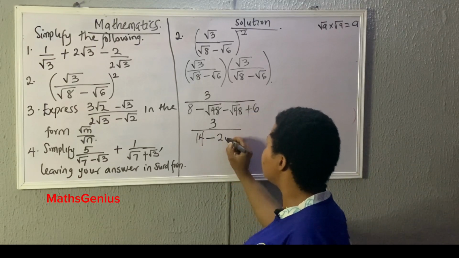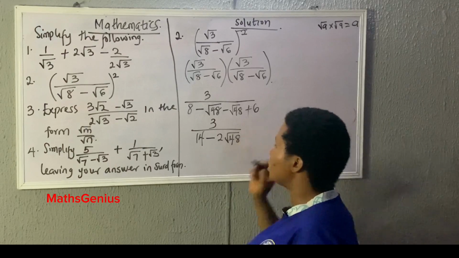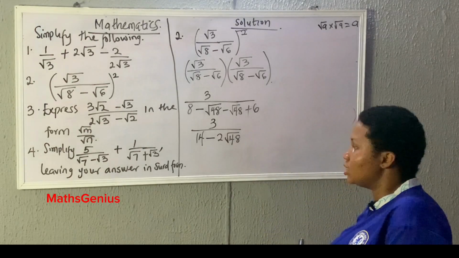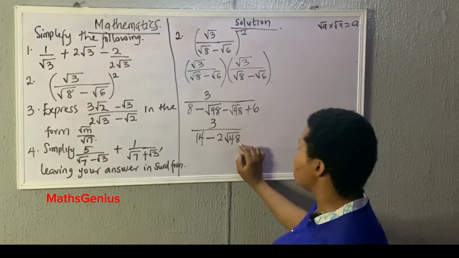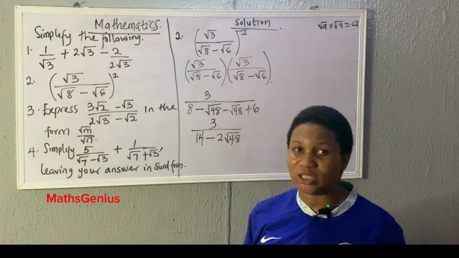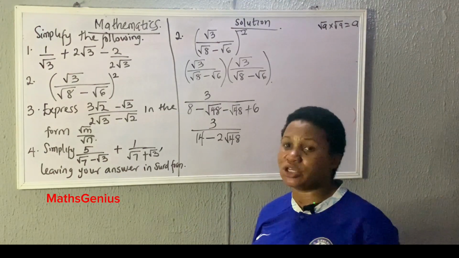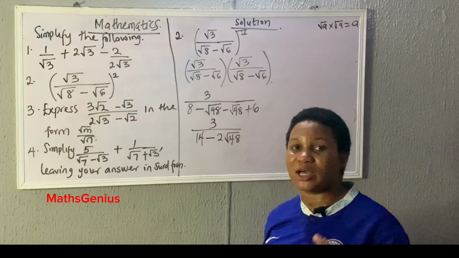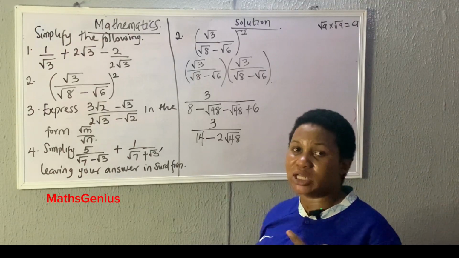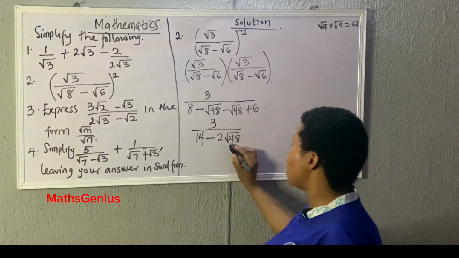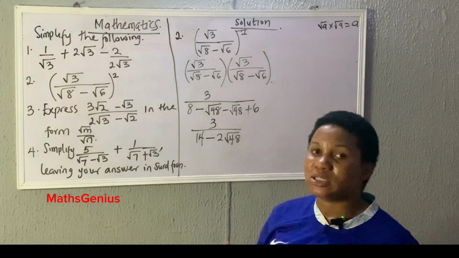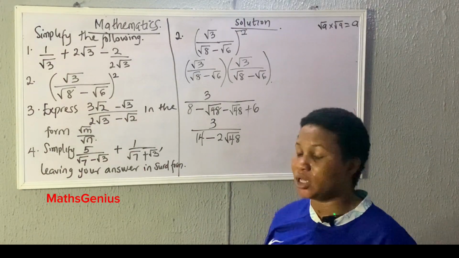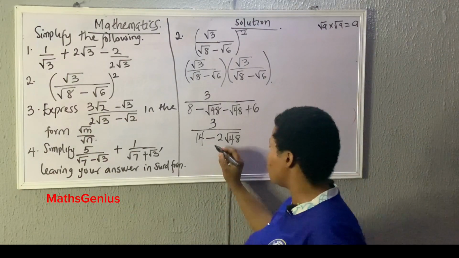Minus 2 root 48. To make it easier, we can simplify this root 48 further by writing it as 16 times 3. When we are simplifying, we must have one perfect square. Since we have root 48, 16 times 3, 16 is a perfect square and 3 is an ordinary number. So we have 3